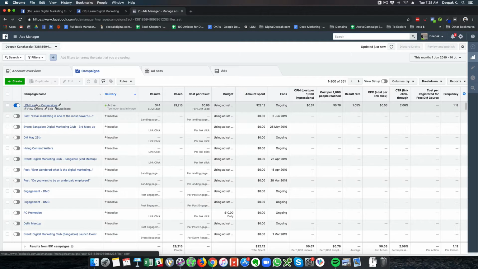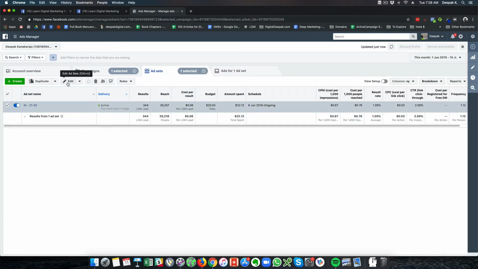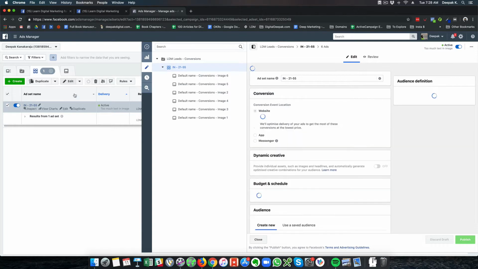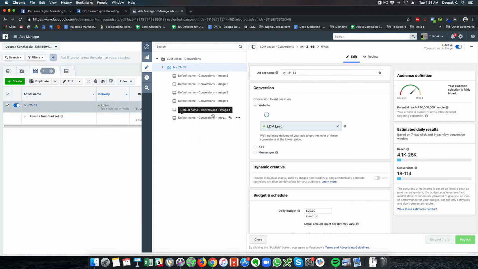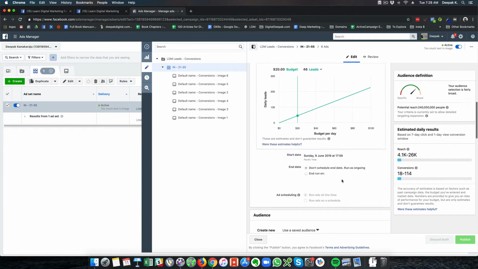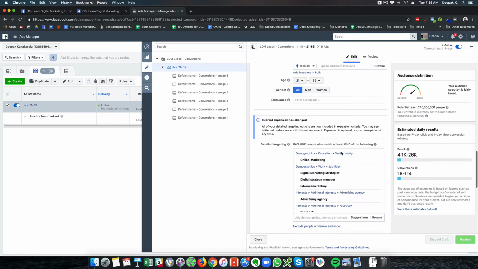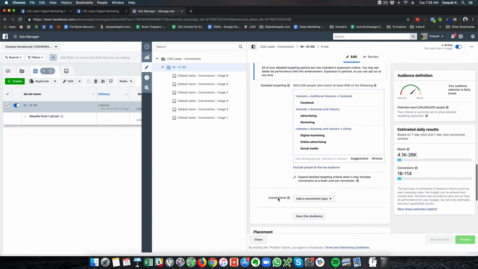When we were setting up this particular campaign, we had created a targeting. The targeting was based on interests. If you edit the ad set, you will be able to look at the audience targeting. So I clicked on edit here. These are the individual ads that we have created with 6 different images. But here you can control the daily budget, and here you will be able to see the audience that we have targeted. The audience that we targeted was just based on interest. People who were interested in all these different topics is what we had selected.